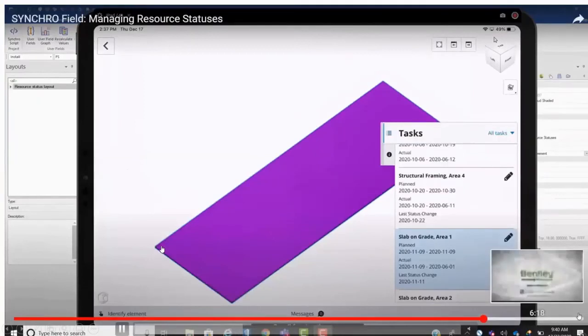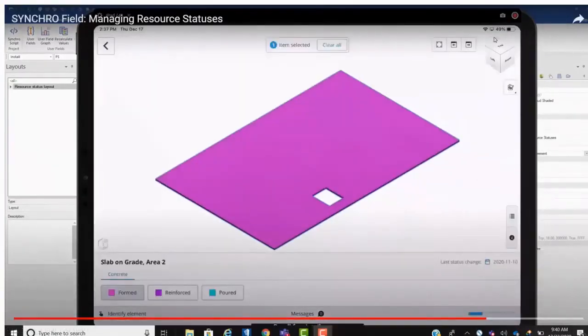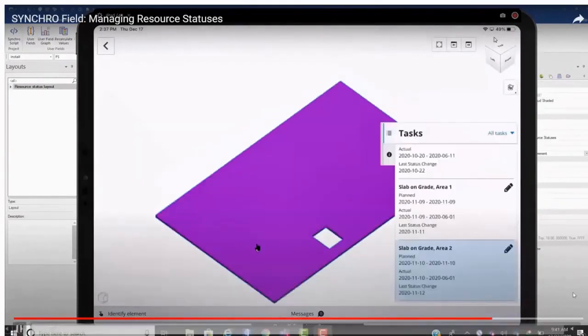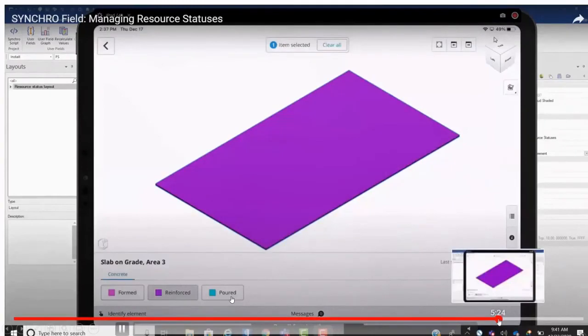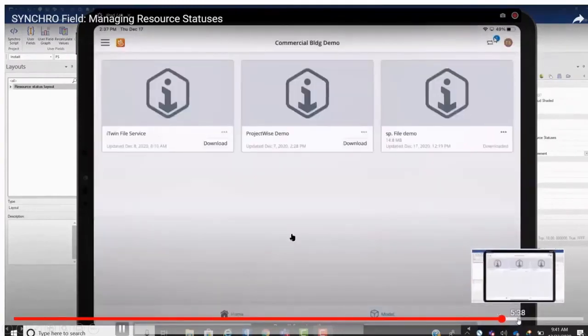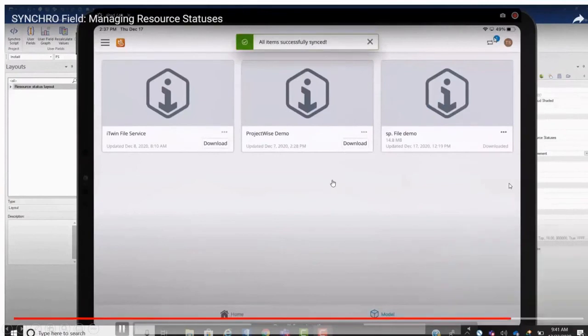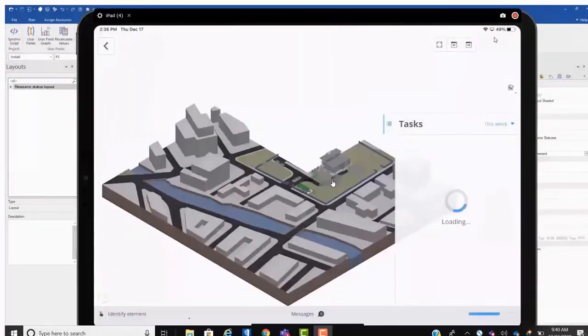From the site I get the information, and I can compare it with the original plans also. Here I want to change this to poured, and that information will be updated. As you see here, all these items will be synced when they come online.